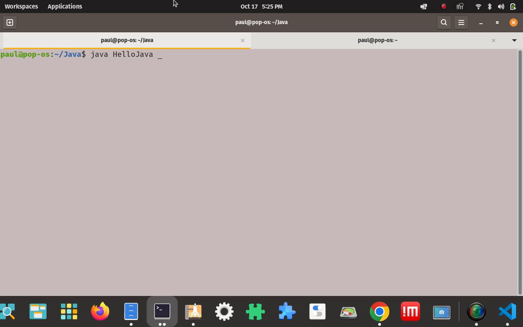And Java is a statically typed language whereas JavaScript is dynamically typed. So static would be kind of strongly typed, I believe, and dynamic would be more like weakly typed. And Java uses classes and JavaScript uses prototypes. So keep that in mind. They are not the same thing, even though they have the same name. Okay, so that's how to run a Java program from the command line interface on Pop!_OS Linux